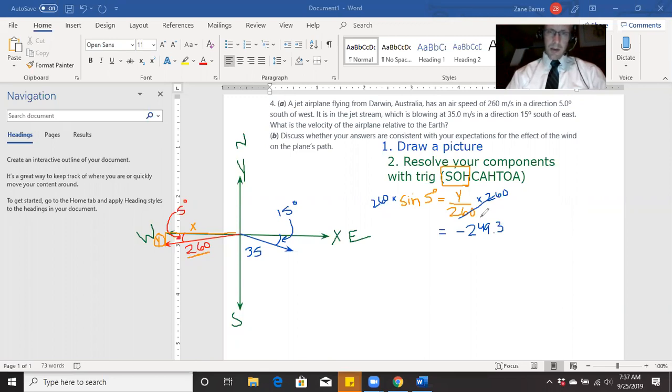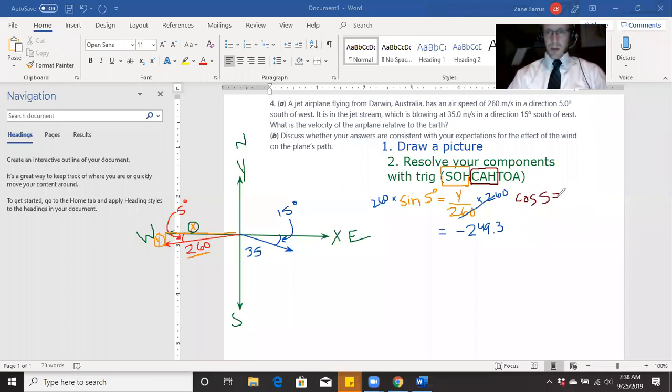Okay. Now, one thing I'm noticing though. Okay, well, let's keep going. So that's going to give me my y component. Let's go ahead and get our x component by doing the same thing. So to get my x component, x is right here. So you'll notice that the x component is adjacent to my 5-degree angle. So I'm going to use cosine because cosine stands for adjacent over hypotenuse. So cosine right here in our acronym, so COTA. So the cosine of 5 degrees